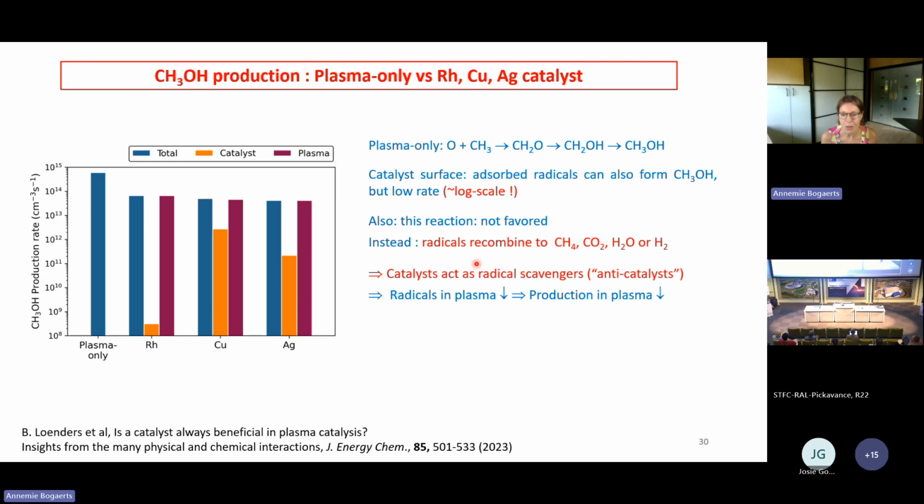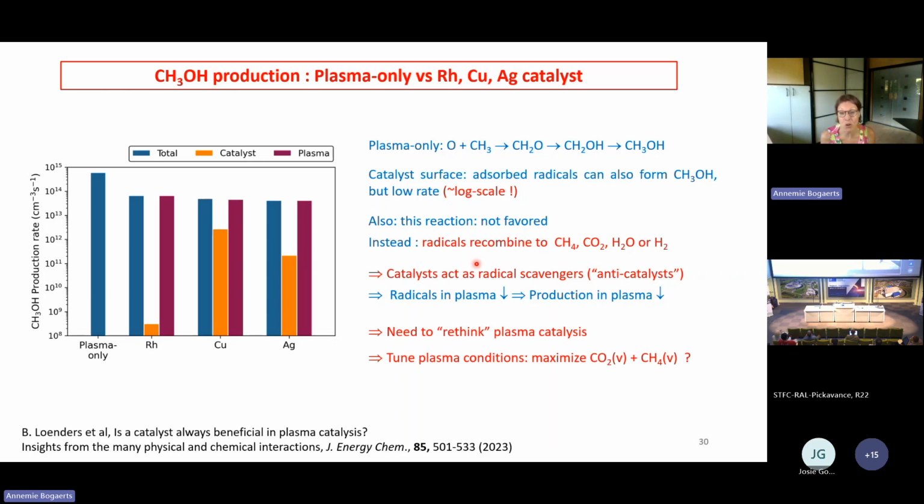So actually this model told us that the catalysts act as radical scavengers. That's why we call them anti-catalysts, because they scavenge the radicals, so that the radical concentration in the plasma is lower, and then also the production in the plasma is lower. When my PhD student first presented this to me, I didn't want to believe it,